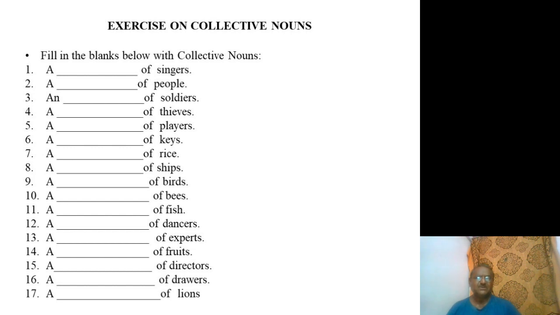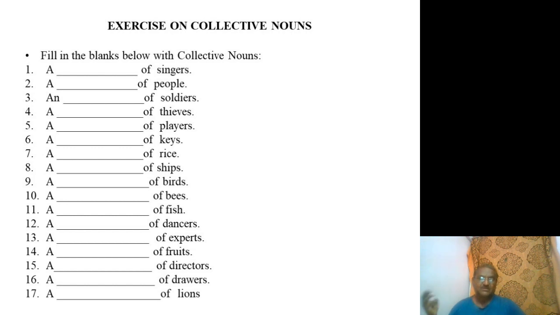You can write them down. When you go to any bookshop, you can buy certain grammar books. There you find very common collective nouns, the ones you find in most of the books. These are the very important collective nouns that I am able to provide to you. Once you get thorough with all these, I think it is very easy to understand what is meant by collective noun. So shall we move on to the next item of our topic?